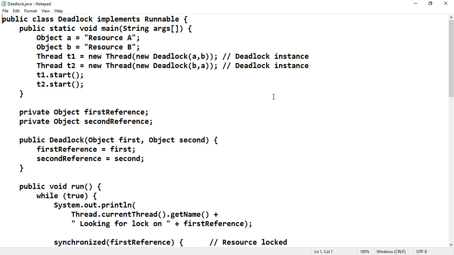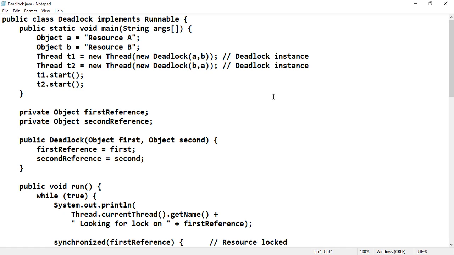In such cases also we will get deadlock. So circular waiting will lead to deadlock, that you are supposed to understand. If two threads are waiting for the same synchronized code, in such cases deadlock will occur.